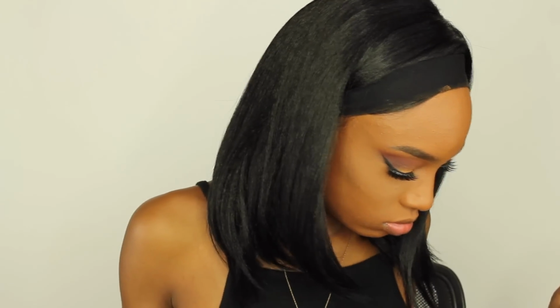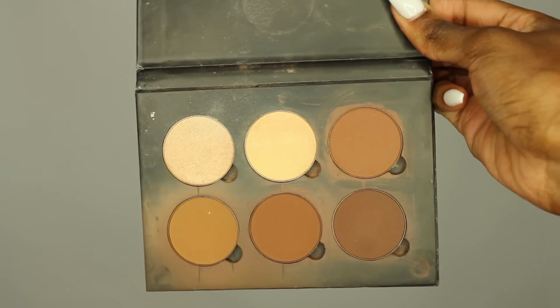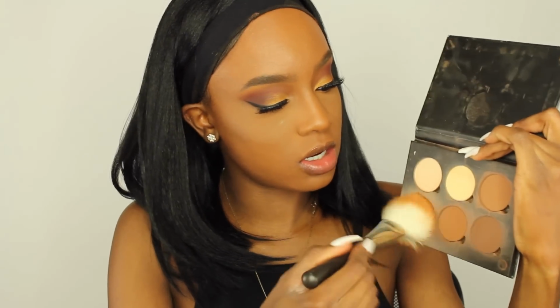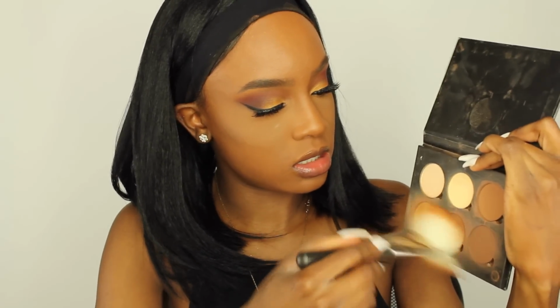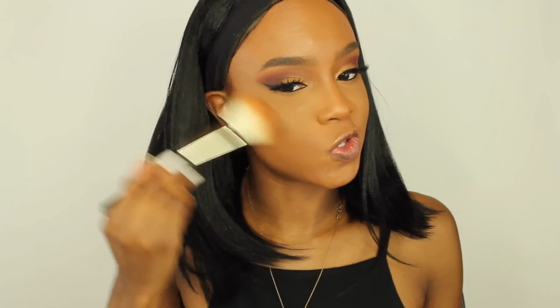I'm going to use that same MAC 135 brush, and I'm going to go in with my Anastasia contour kit, the one that I always use. I don't have anything new to use for this part. I'm just going to take these two shades right here. I think this is Fawn and Espresso, and I'm just going to put my brush in those two and then just kind of